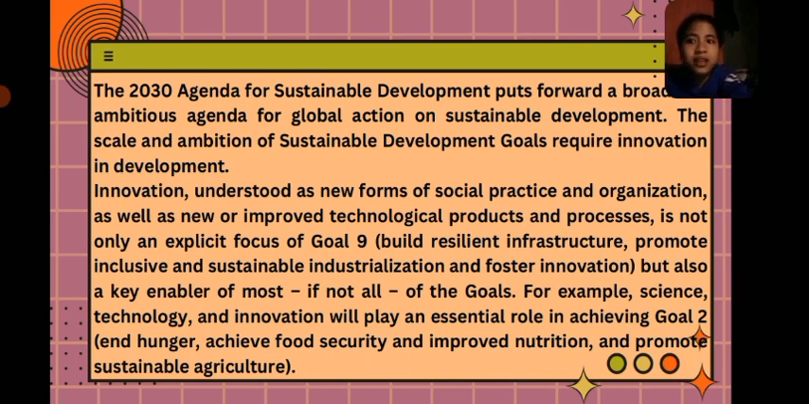So for example, science, technology, and innovation will play an essential role in achieving Goal 2: end hunger, achieve food security, improve nutrition, and promote sustainable agriculture. Innovation is needed, especially in